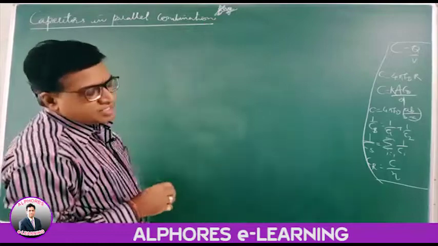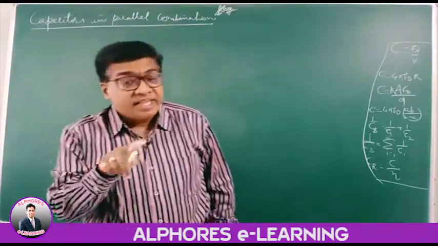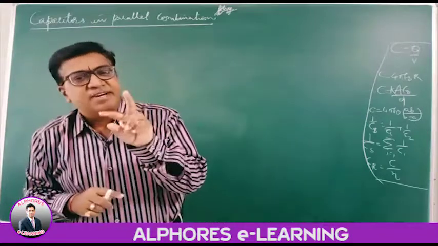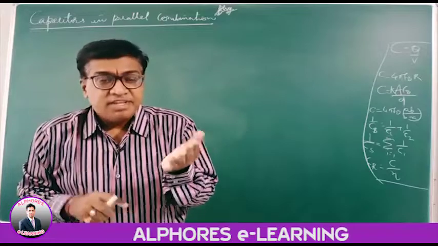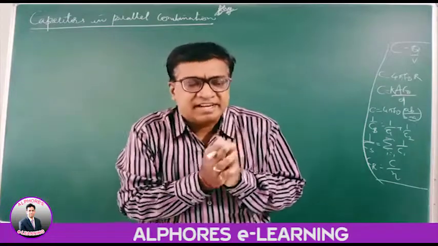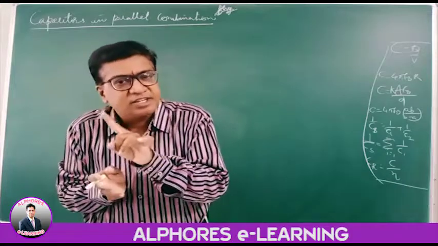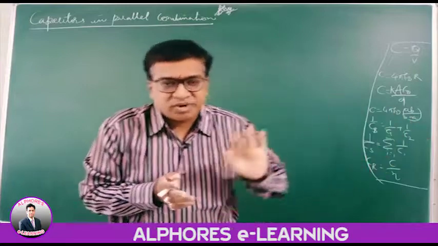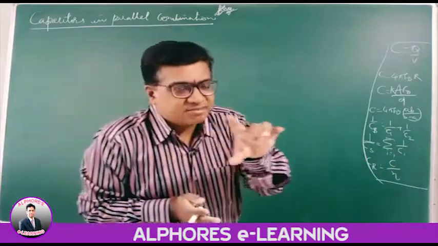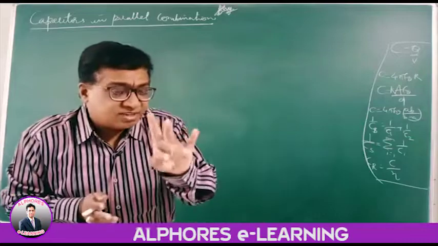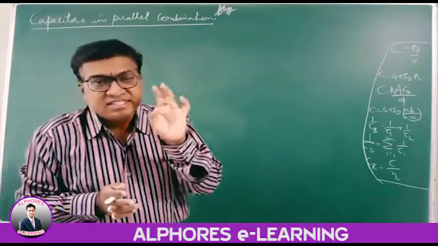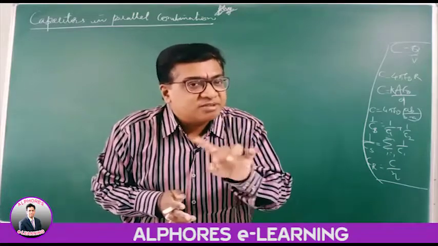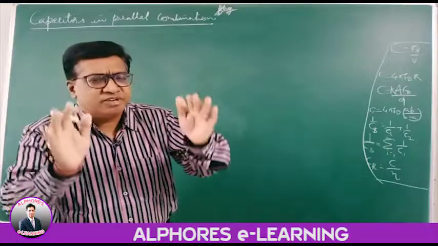First of all, let us understand what is parallel combination. I was telling you, series combination is, if you take the electrical elements, every electrical element has two terminals, positive and negative. If you join the electrical elements such that the negative of the second is connected to the positive of the first, the negative of the third connected to the positive of the second, opposite terminals joined together, then the combination is termed as series combination. In series, always remember the charge remains constant. Charge is constant, but potentials are different. The net potential is the algebraic sum of the individual potentials. In any series combination, you have to apply this.